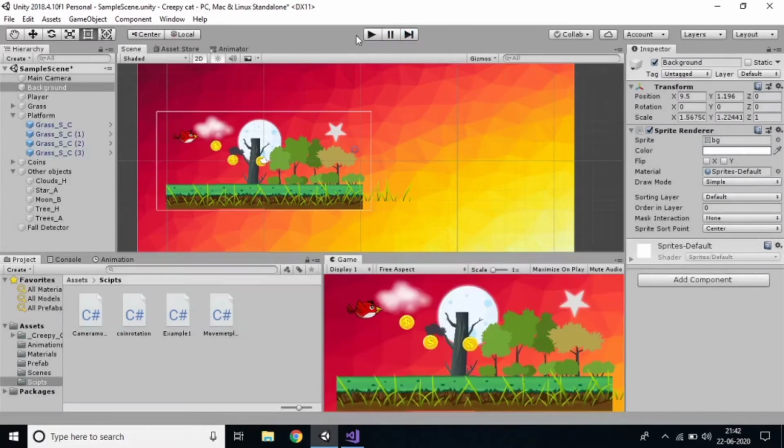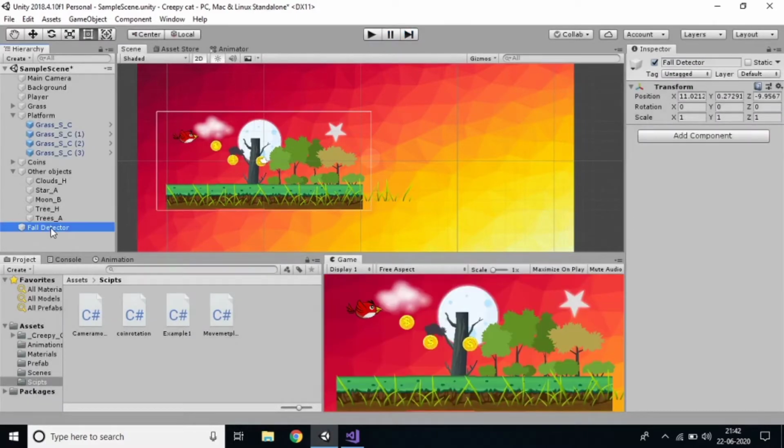This is my scenario. So I just created an empty game object and renamed it as a fall detector. Fall detector means if the player falls down, automatically it should detect and start from this position.